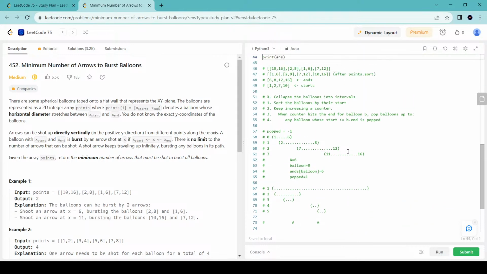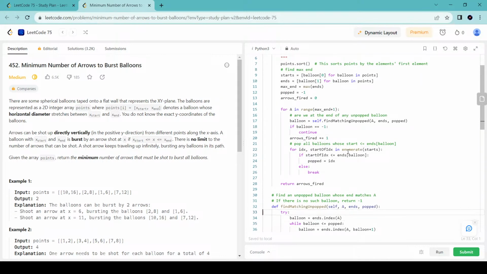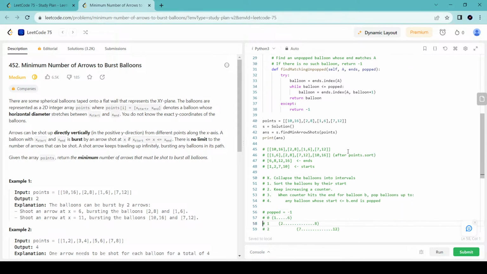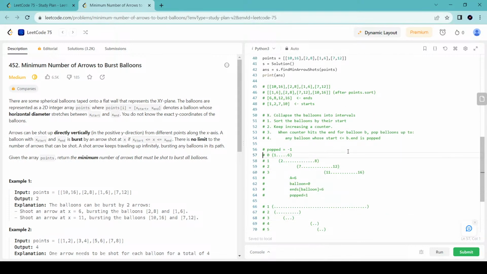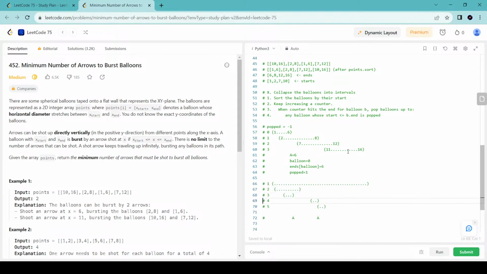Okay, so last time where we left off, we had a solution which I'm convinced works. I'm very sure this solution works. The only problem with this solution is coming up. So again, a quick recap. What the solution does is, first we sort the balloons according to their start index. So here are 4 balloons sorted by their start index. These balloons are also sorted by their start index, and then we just go along the x-axis, right? We have an arrow and we just keep going,